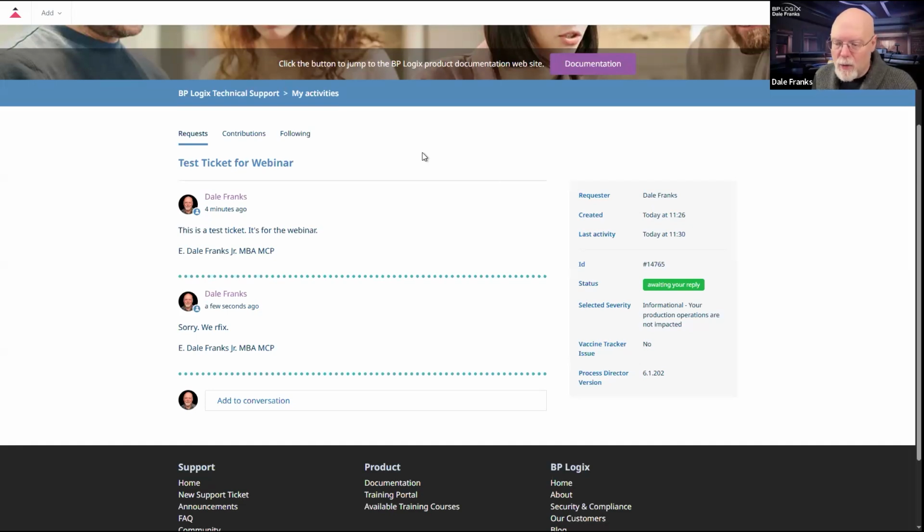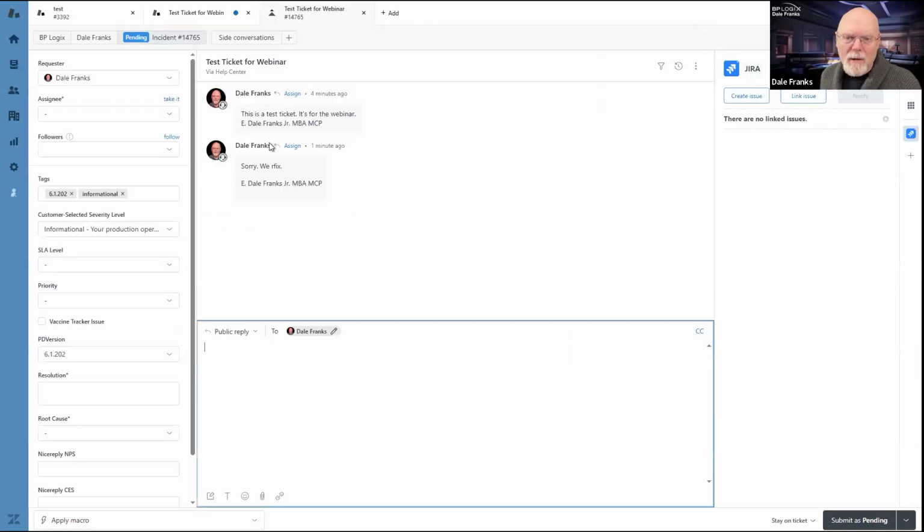Now, you can reply and say, hey, I'm getting a notice that this ticket is expiring, so I'm sending it back to you. And what I'm going to do is say, thanks, I'm sending it back to you so you can hold it in your queue. And you have to go through this every 10 days if you want to keep it open for that long. And we have customers that do. We can't keep it in our queue. You have to keep it in your queue. But what's going to happen is every 10 days, it's going to say, hey, is this thing ready to solve? And let's talk about solved.